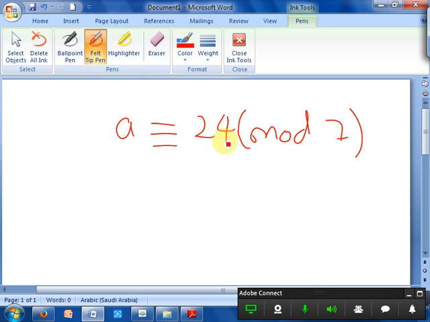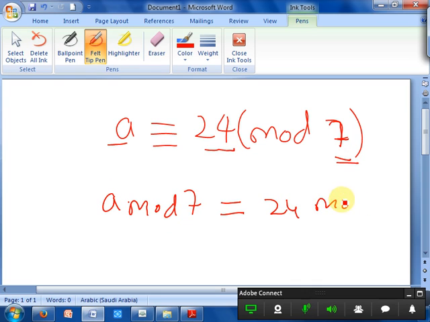If you mod this number, for example A mod 7, mod means remainder, it should be equal to B mod 7. And for 24 mod 7 the remainder comes